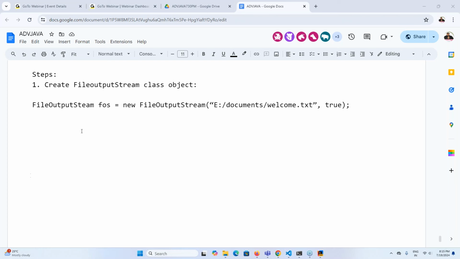Right, now understand it clearly. FileOutputStream fos is equal to new FileOutputStream of /documents/welcome.txt, true. What exactly is its purpose? Now observe carefully. When we execute this particular line, FileOutputStream fos is equal to new FileOutputStream of /documents/welcome.txt, if we execute this particular program,